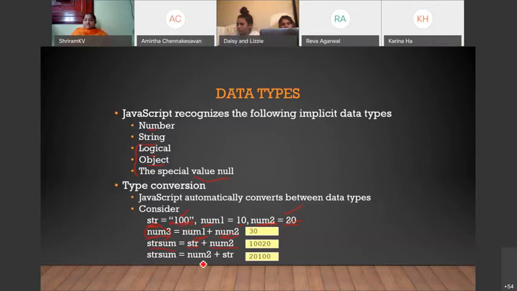Again it will be a string in result, and 20, 100. So this is how type conversion or addition happens in JavaScript. This is perfectly valid. You can add a string and a number. Unlike in Maths, in our note, what will we do? We cannot add a string and a number. But here we are able to add it.